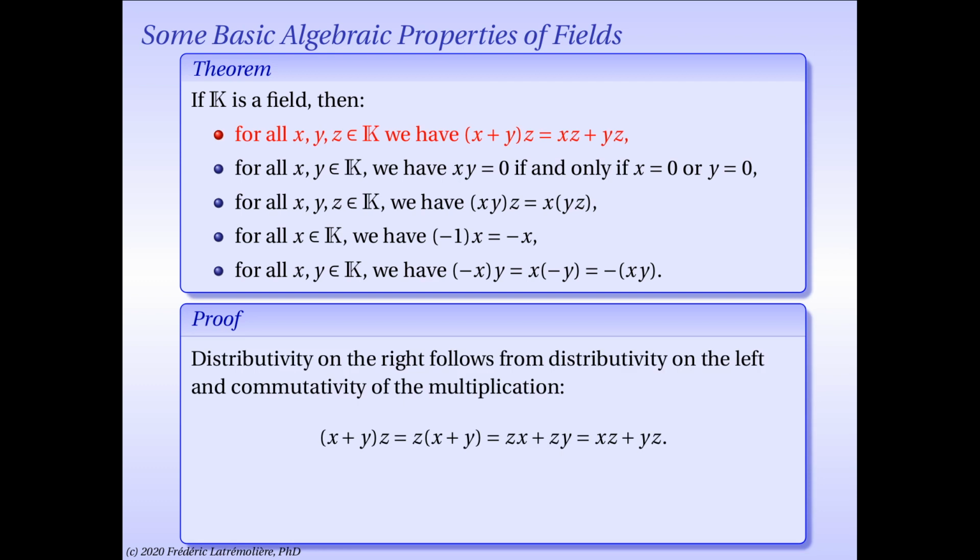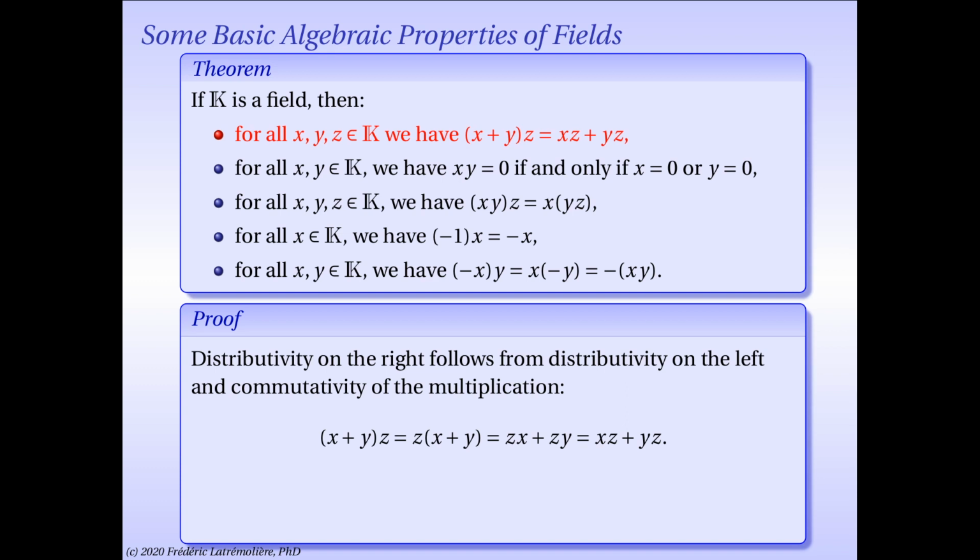I'm going to prove each assertion one at a time. The first assertion is that distributivity also works on the right. Well, this of course follows from the fact that multiplication is commutative and that there is distributivity on the left by assumption. So if you calculate (x plus y) times z for x, y, and z in your field K here,